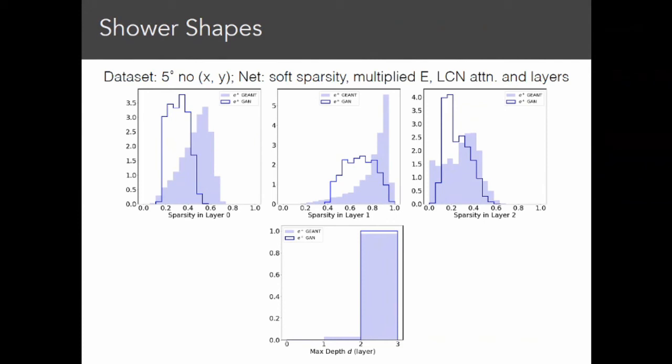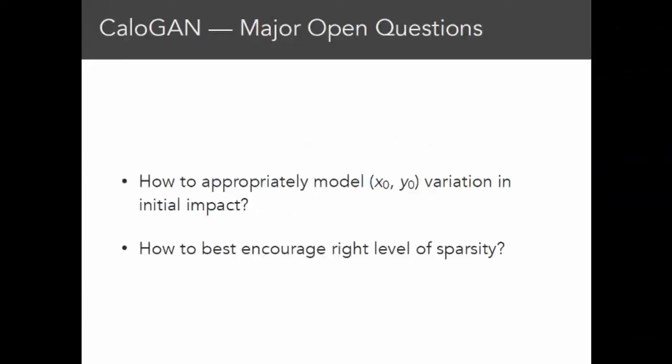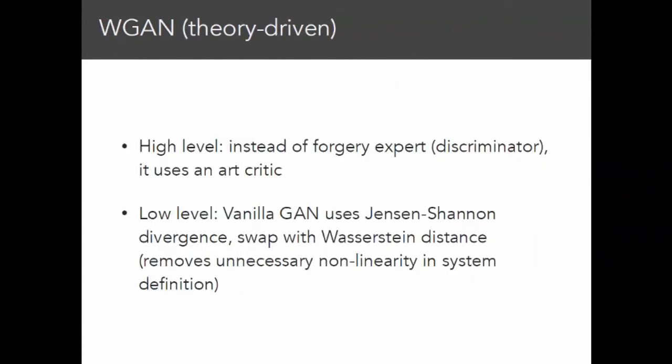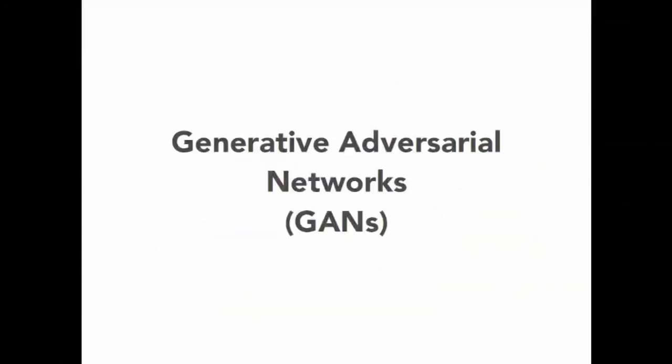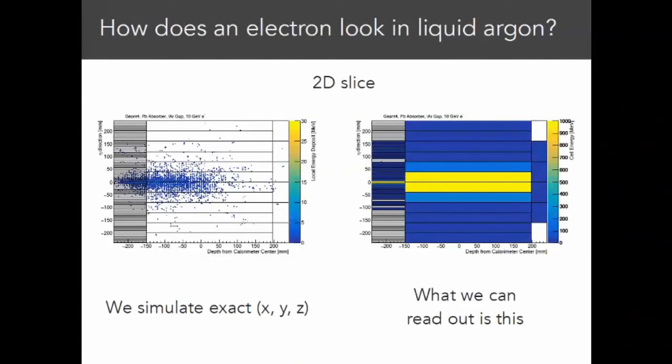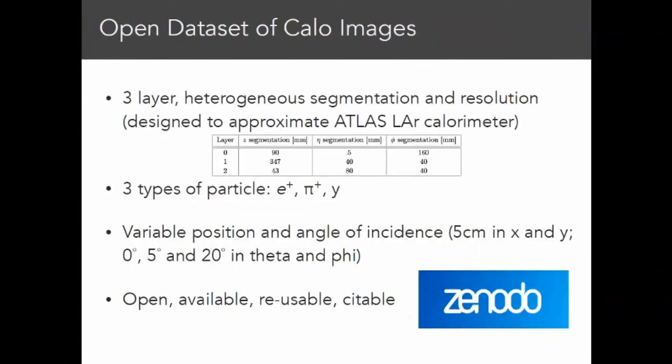Well, one more short one: in your open data set, which kind of geometry? It's not the exact ATLAS geometry, no. It's very close. They're simple single layers of argon, but it's just a toy. Okay. I think we have to move on because